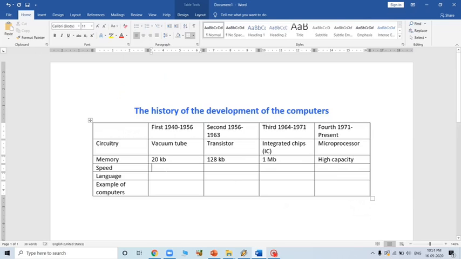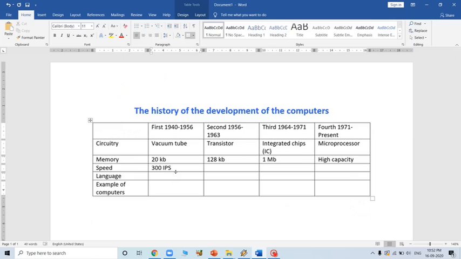Now speed, how was the speed of the first generation computer? The speed of the first generation computer was 300 IPS.